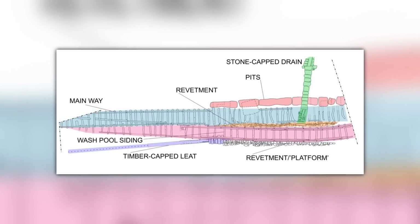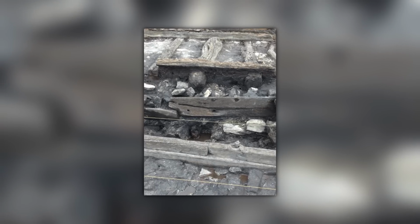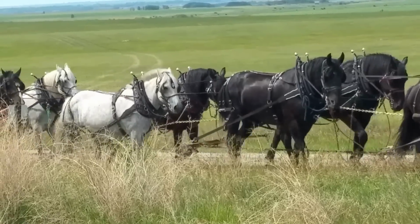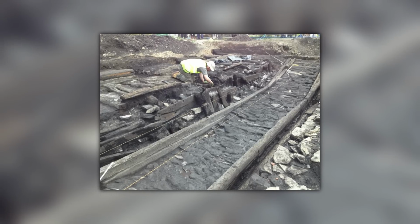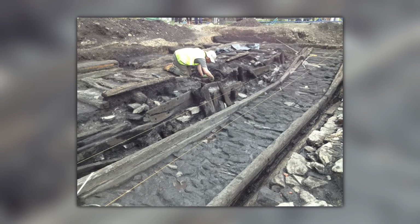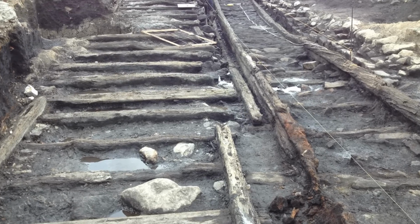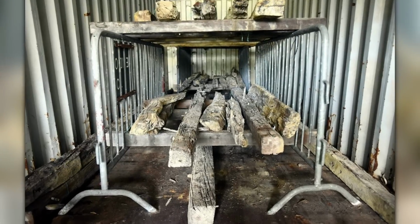When these rails were built in the 18th century, trains were yet to be invented. Instead, the railway transported wooden wagon-like vehicles known as chaldrons, which were pulled along the tracks by horses. This specific 80-foot stretch was part of the Willington Wagonway, which was built in 1785. It's so rustic that some of its sleepers are little more than tree limbs that have been cut down and